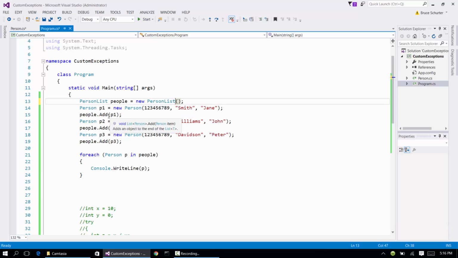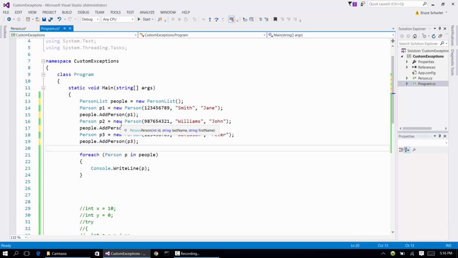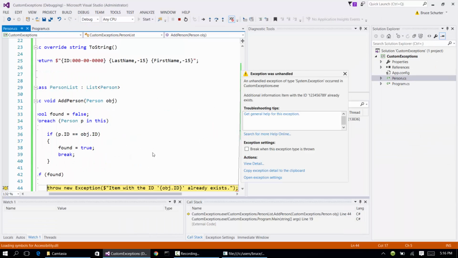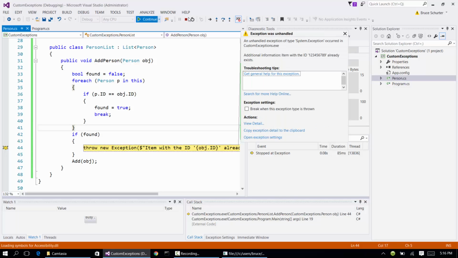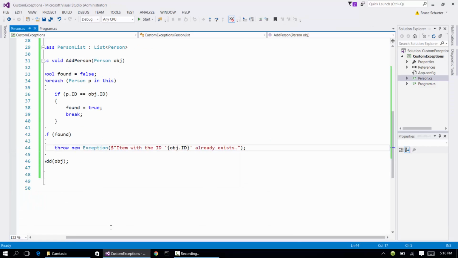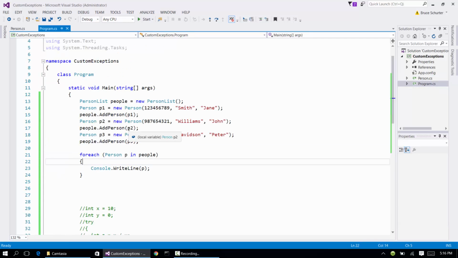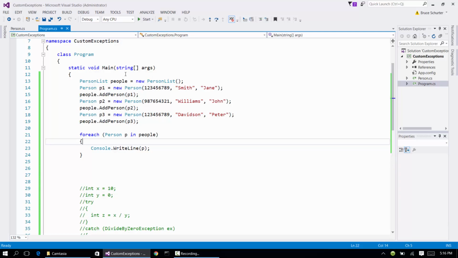object, and instead of using add, we'll have to use add person, because remember, we did not find a convenient way to override add. Now let's try to run this, and you'll see we do trigger that exception because we did find someone with the ID 123456789 already. So the exception is thrown. It's an unhandled exception. The program will terminate abnormally because we didn't wrap any of this in a try block. So we could